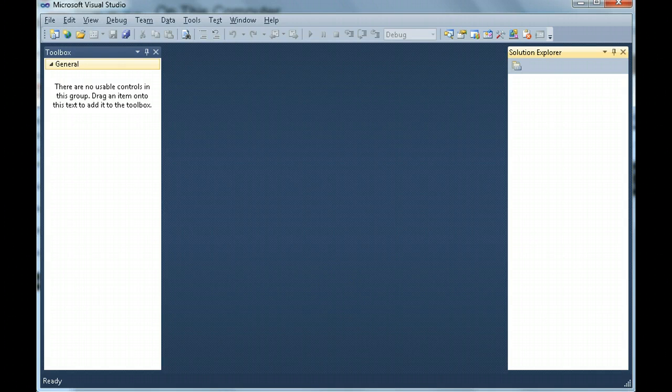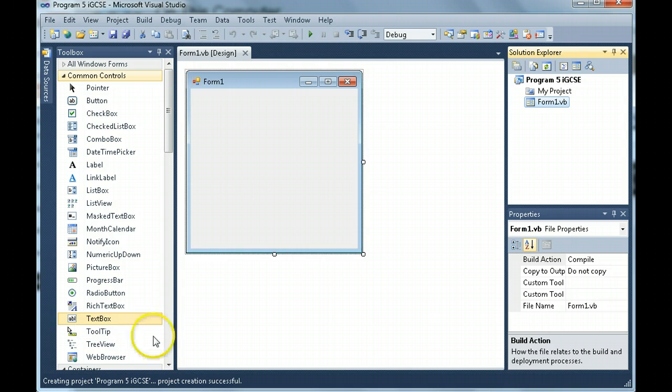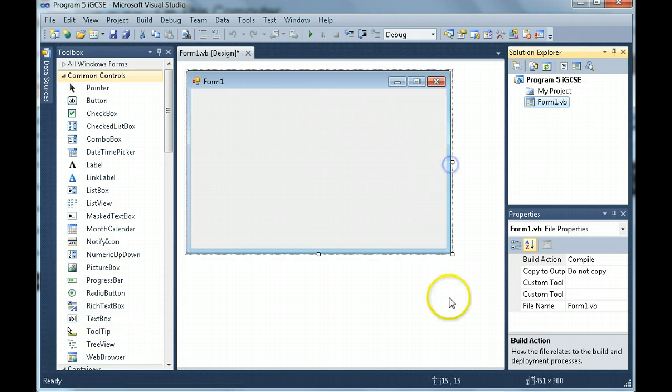Right, so we start by creating a new project. Again, our namings must be correct. So program 5 iGCSE. Here we go. All right, so the first thing it says,